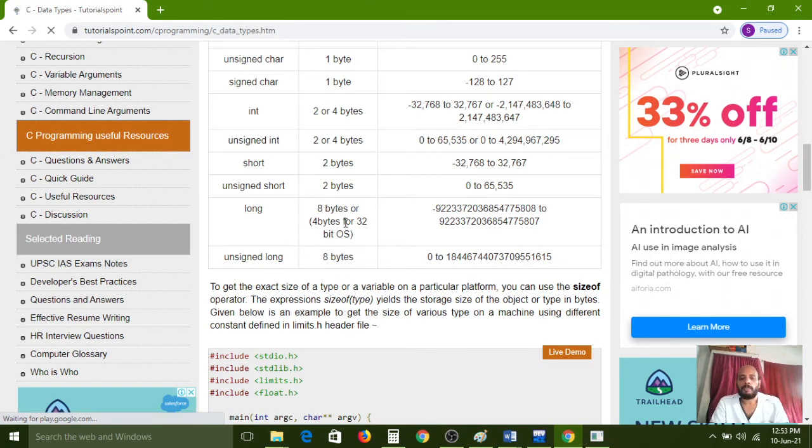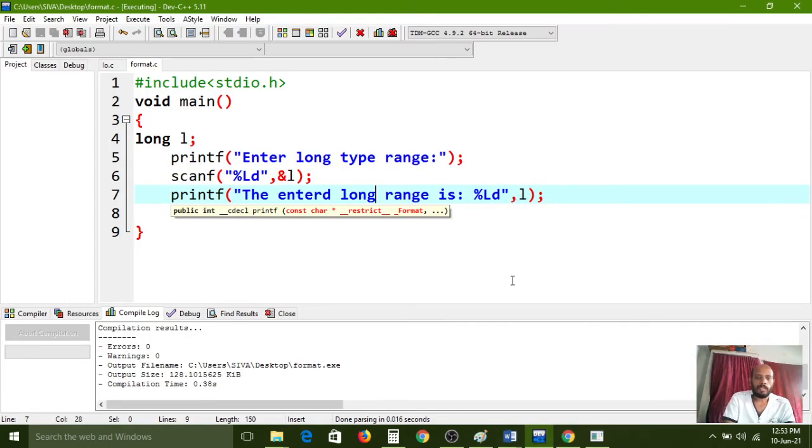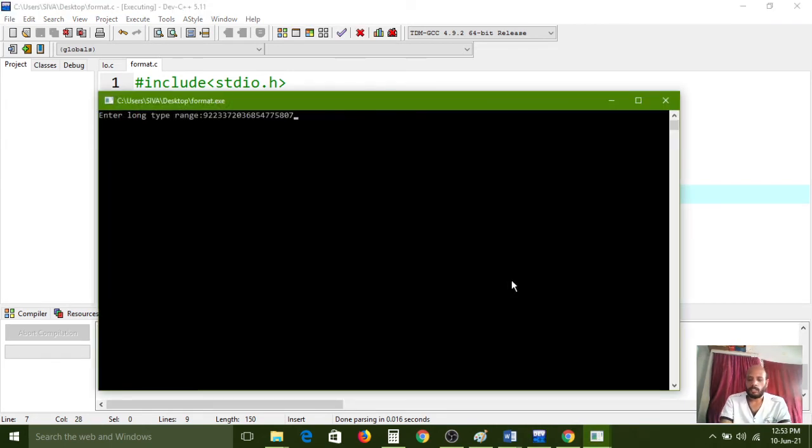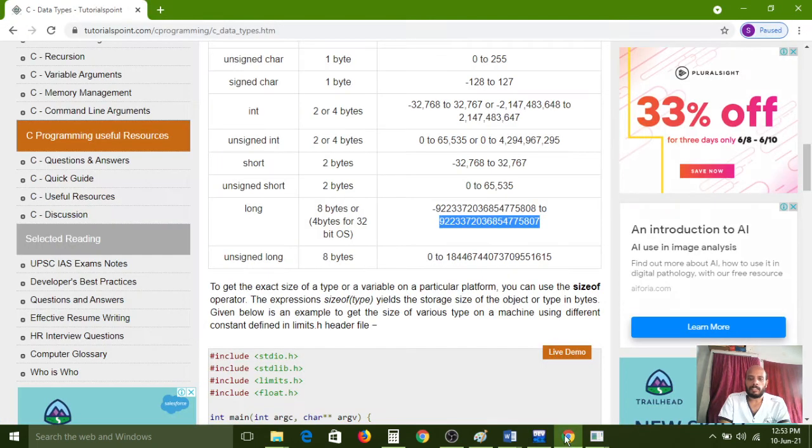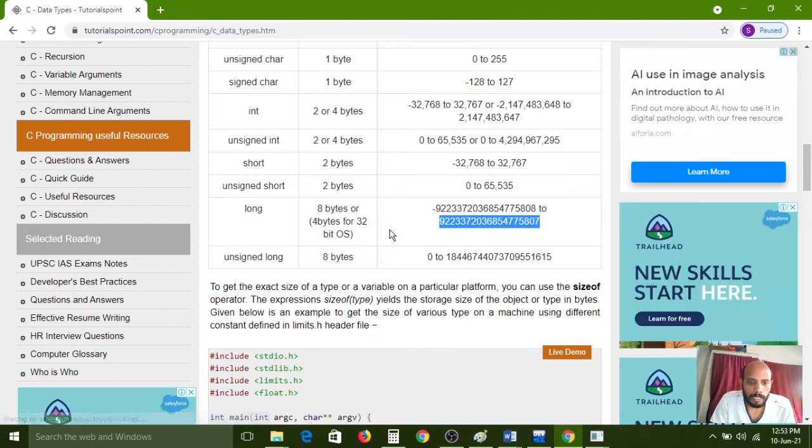Yeah, actually it depends on the operating system, 8 bytes or 4 bytes, 32-bit operating system. But it can also support by this one. Why is it showing error here? Yeah, so -1 it is showing. So here on the website it is wrongly pasted, so please don't take this one.